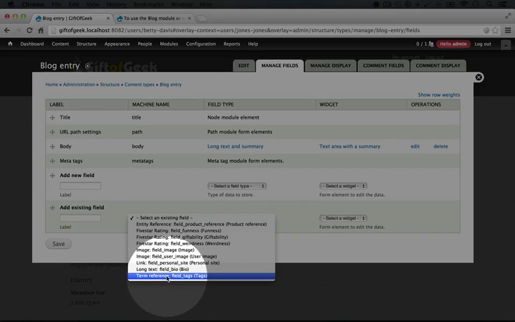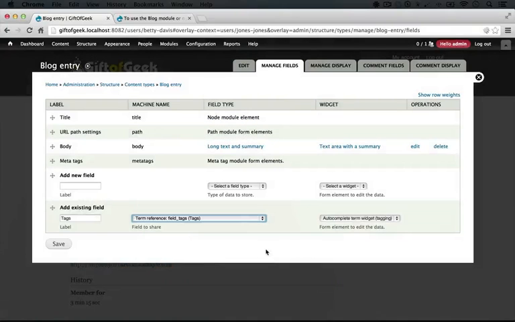So the next question as to whether to use this field or not is if the default settings for it are ones that we want to use for our field. So we'll have to take a look at what the global settings are for this field and what the individual settings are. So for example, can we use free tagging where we can add additional tags inline as we create content with one content type, but not use free tagging with another content type? The only way we can know is by looking at the global settings and the individual instance settings for this field. Let's go ahead and try to use this field for now, and if we need to, we can come back and create a custom field especially for this content type. So I'll click Term Reference Field Tags here,